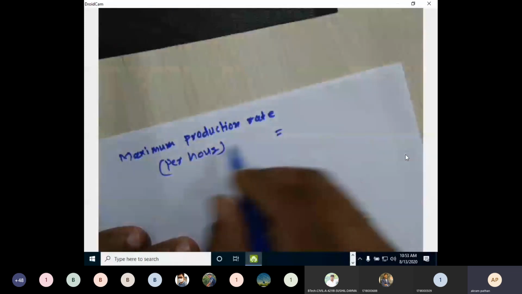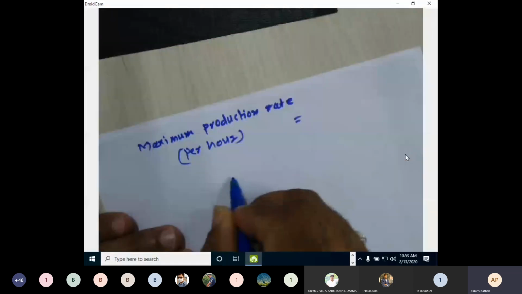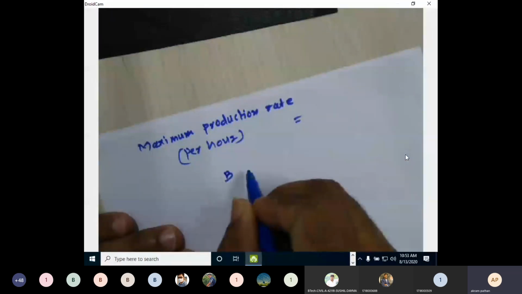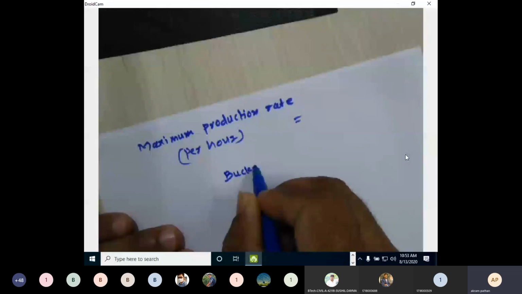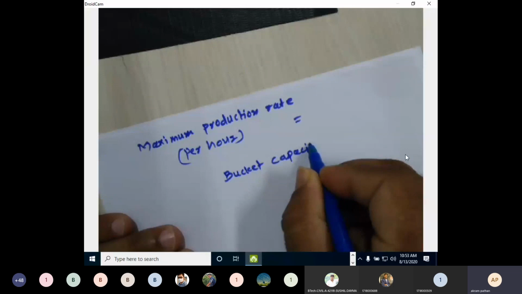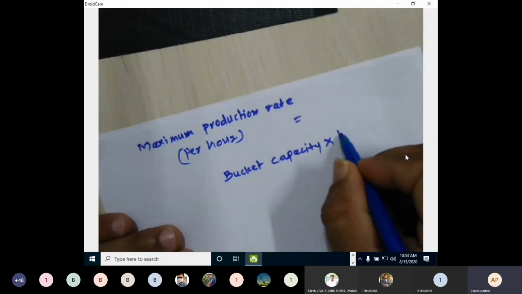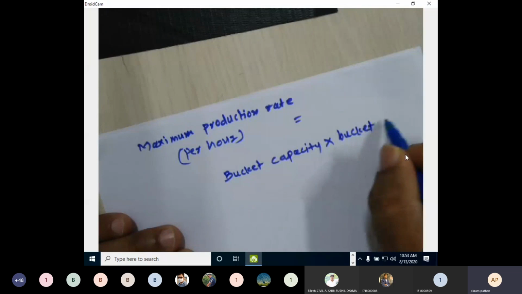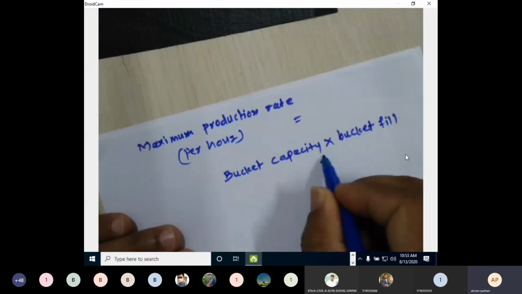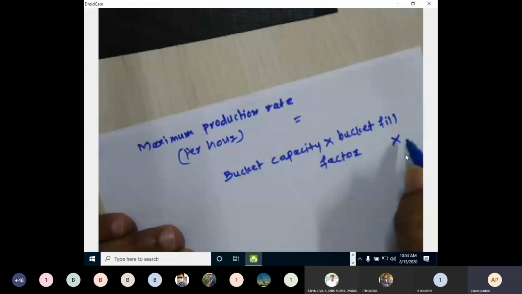So how to calculate that? We have a formula: bucket capacity into bucket fill factor into 60. What is this 60? 1 hour. So how much